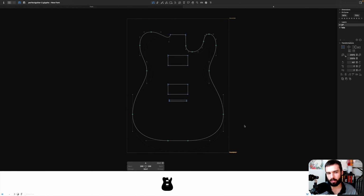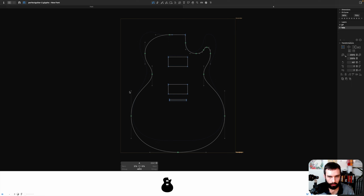I'll go to the beginning. I really like two guitar styles: a Telecaster from Fender, a really classic guitar shape out of the 50s, one of the first smash hit electric guitar shapes. And then I also really love the Les Paul, another thing that originated in the 50s and is a total classic. An interesting thing is that this program, Glyphs, is normally used to draw fonts, but in making fonts,